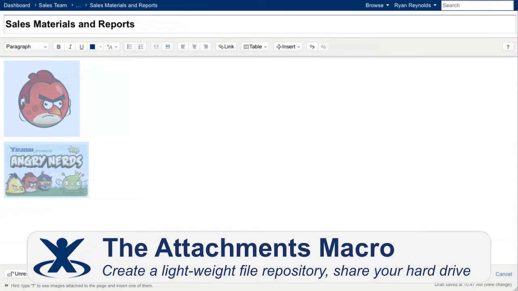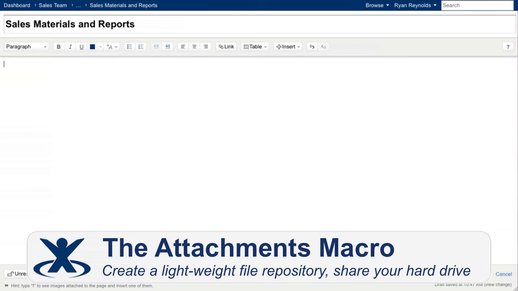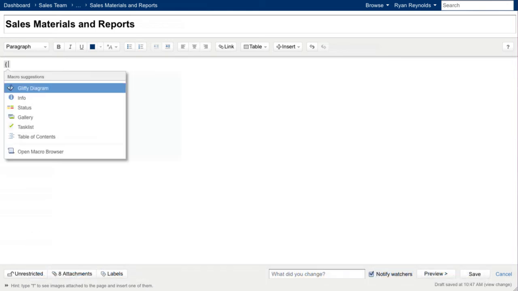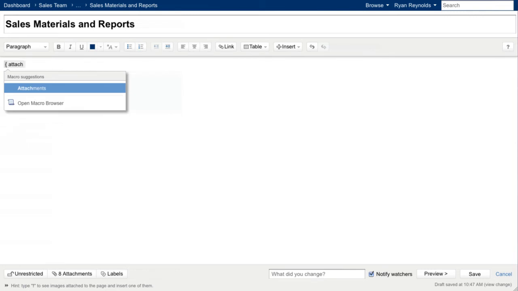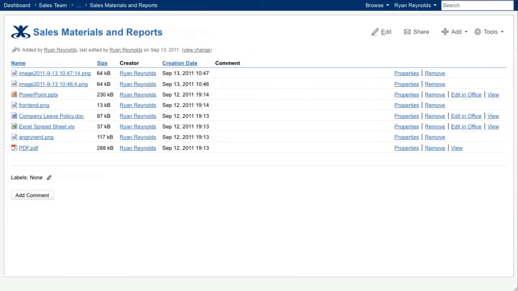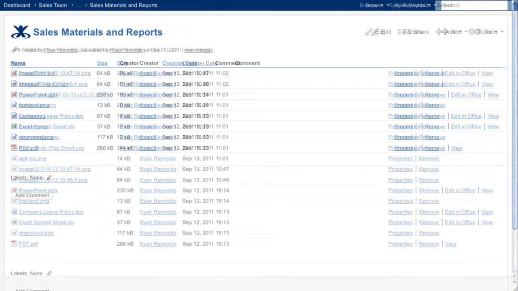Let's turn this Confluence page into a repository for my team's files by listing all of the page's attachments in the body of the page itself by inserting the attachments macro. We can use autocomplete to launch the macro browser and insert the macro. Now we can see the details of all the page's attachments, but if my team continued to use this page